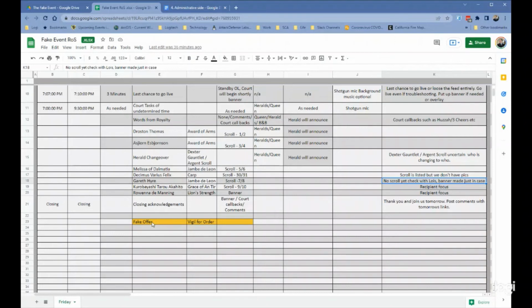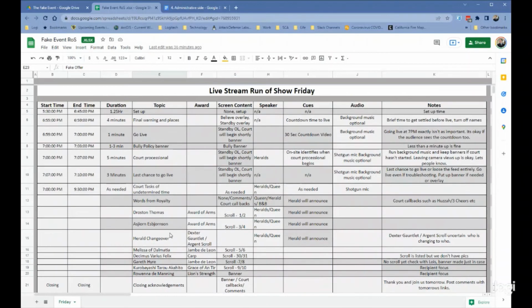One of the things I do like to do, if you have any elevations, vigils, etc., highlight those. A, we want to take extra care to make sure all of our gear is working by then. B, we want to take extra care to make sure we don't accidentally move our slide positions. But this is your run of show. This is how everyone knows what they need to do when they need to do it.